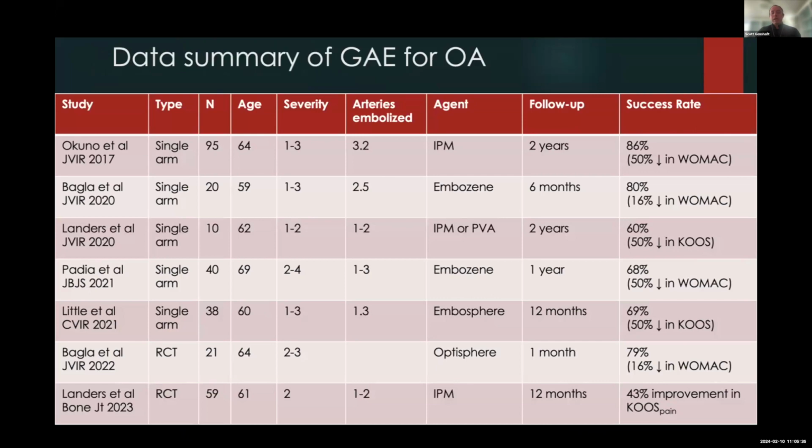This is an evolving field. A lot of single-arm trials were initially published, and a couple of randomized controlled trials. We have one in process, which we'll talk about briefly. But the results are very similar. We're showing a high level of efficacy, greater than 60% up to 80, 90% across most of these trials, which is pretty interesting, because in the field of pain, and Sean will talk about it in a little bit, you don't always achieve supreme efficacy. Pain's a very complex process. People have different reasons for pain. So if you can make any impact and potentially get these patients off their narcotics, that's super important.